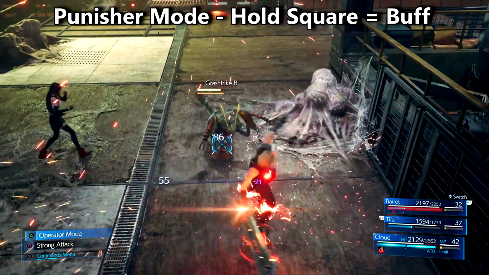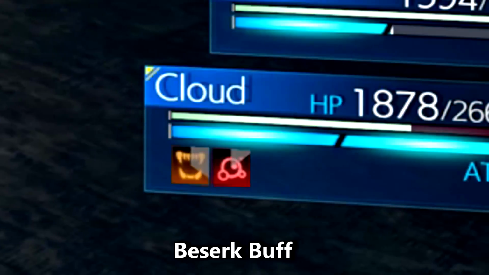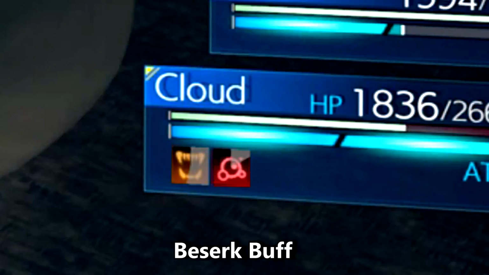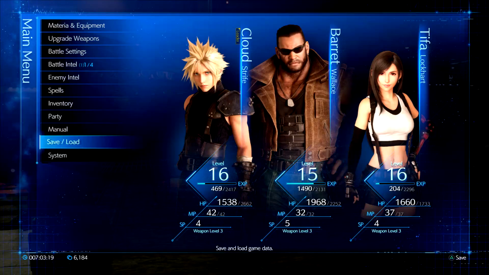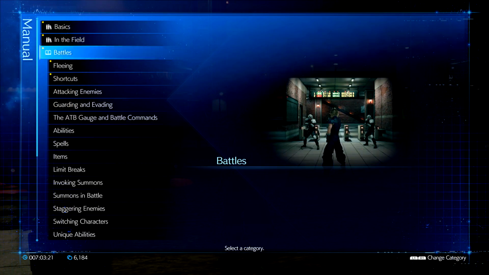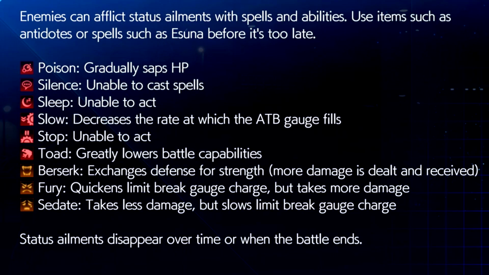This move is very interesting as it gives Cloud a buff to his damage for 10 seconds if this connects. This is indicated by the orange teeth icon that shows up underneath Cloud's health, which signifies Berserker. If you go into the menu and access the manual, you can see in the status ailment section exactly what this does. While in Berserk mode, Cloud exchanges defense for strength, so you deal more damage but in turn you